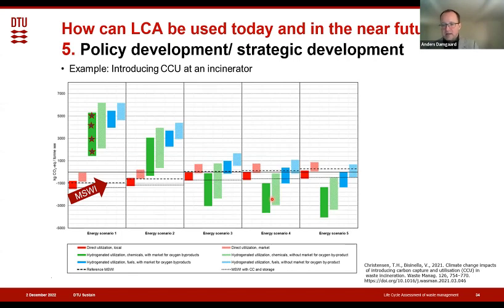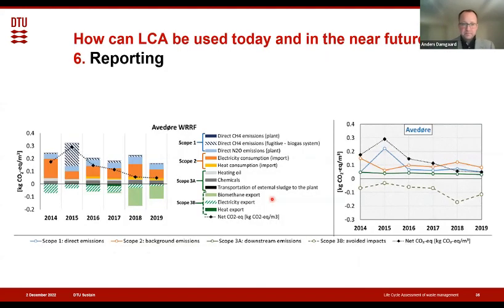And that means that we are actually keeping the fossil energy infrastructure in, because we don't make sure that it's a bit the chicken and the egg. We need to make sure we have the green electricity before we start using the green electricity. And this is where this type of LCA can inform the decision makers. Yes, this is a great technology, but if you want to do this, you first have to make sure we expand the energy infrastructure before we can do this.